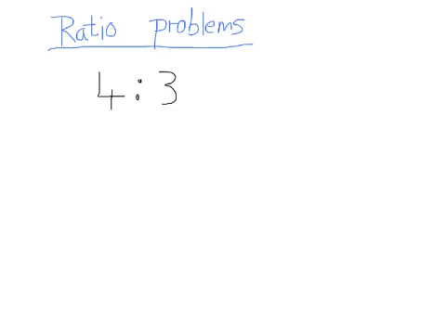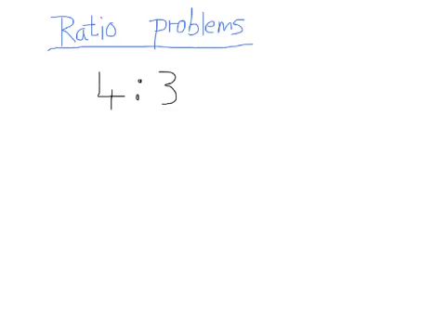So here we've got a question where there's a tiler, and he's got some gray tiles and some yellow ones. This is from the ratio problems worksheet. And the ratio is 4 to 3, 4 grey tiles to 3 yellow tiles. Before I even start the question, let's go back to